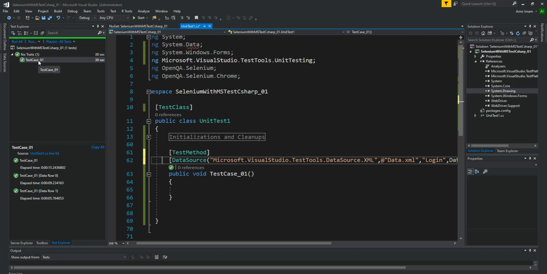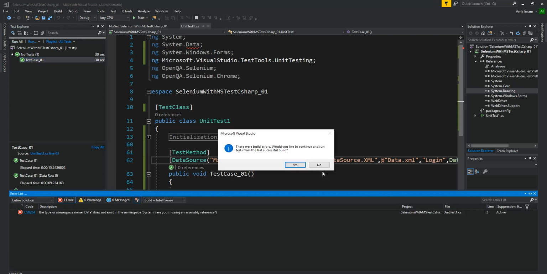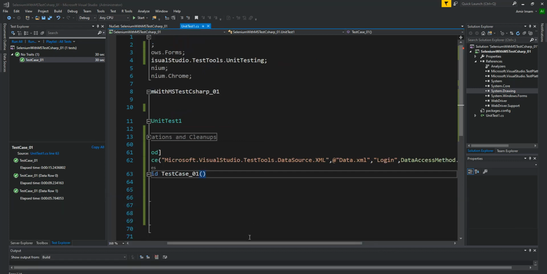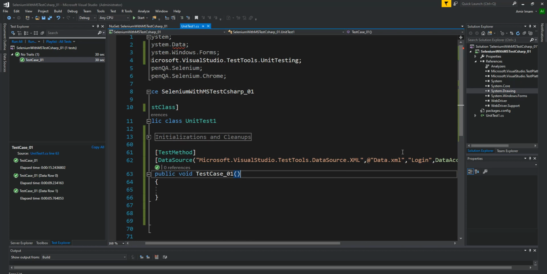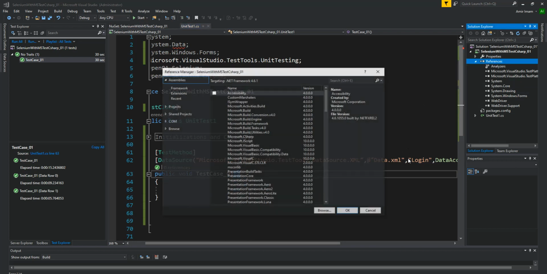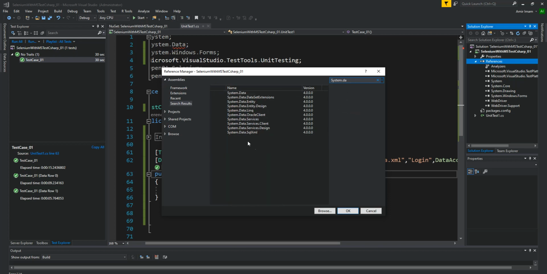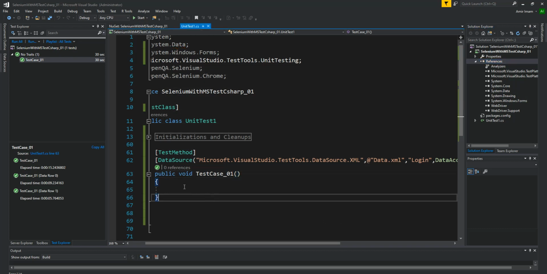So let's run this test case, so that there are some errors. Let's check what the issue is. Since we are going to use data, we need to reference system.data.